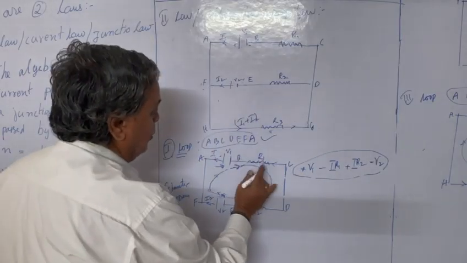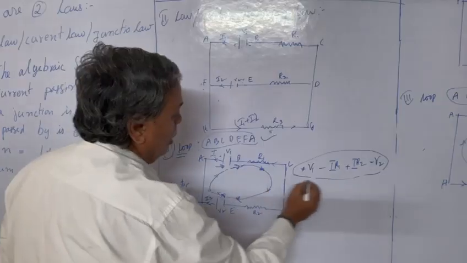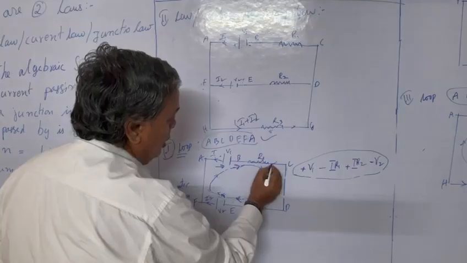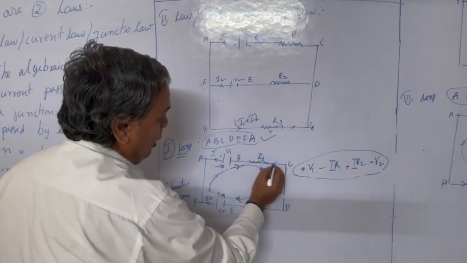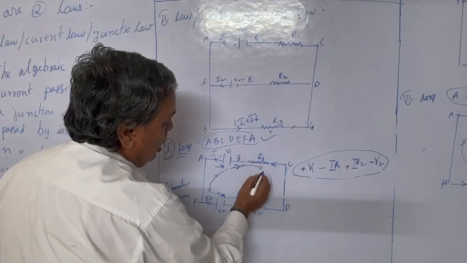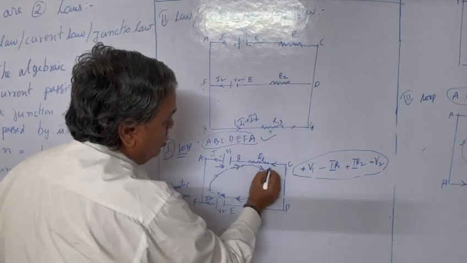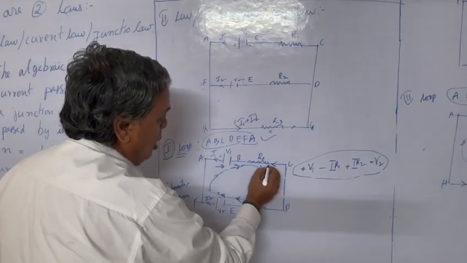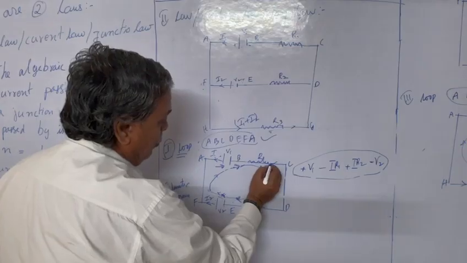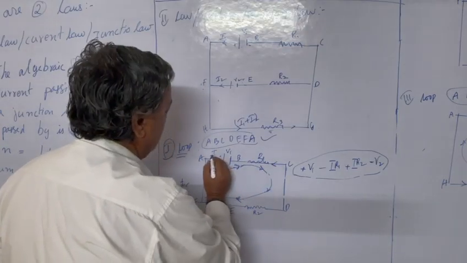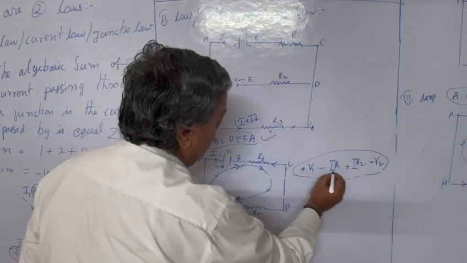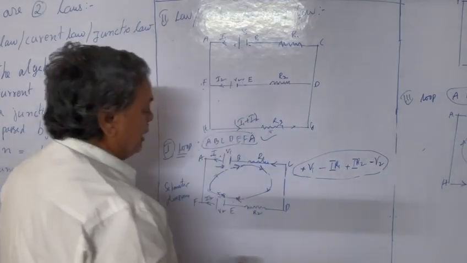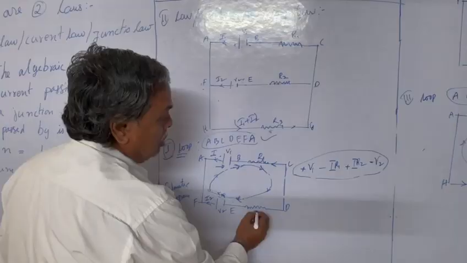Next, if you take this resistor and current, that is IR1. The current movement is this side and the loop movement is this side. Those are two opposite sides. The inside loop direction and the current flow in the schematic diagram are opposite. That's why you put I into R1, equal to voltage, with a minus. You will have to put opposite signs as minus.